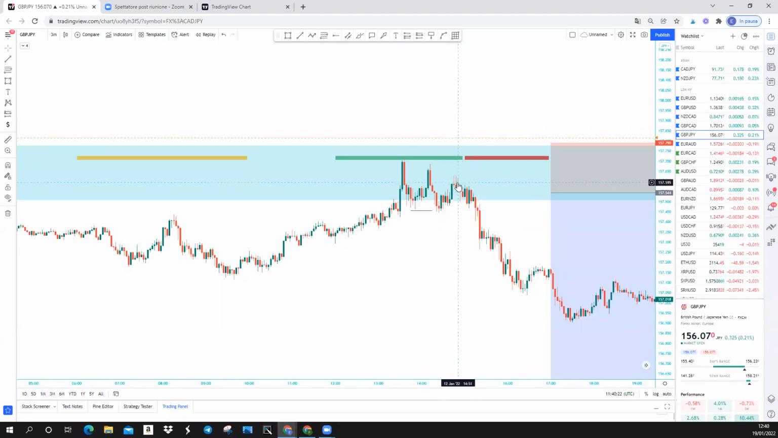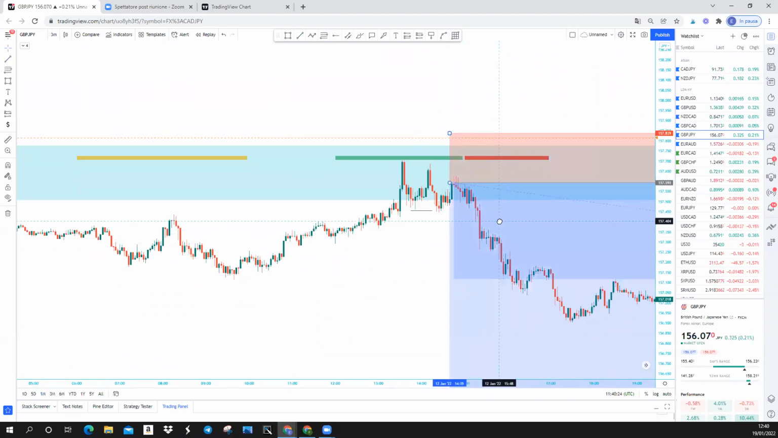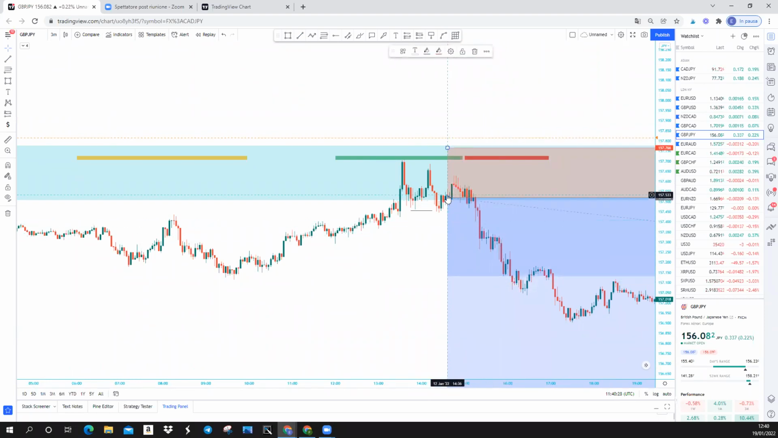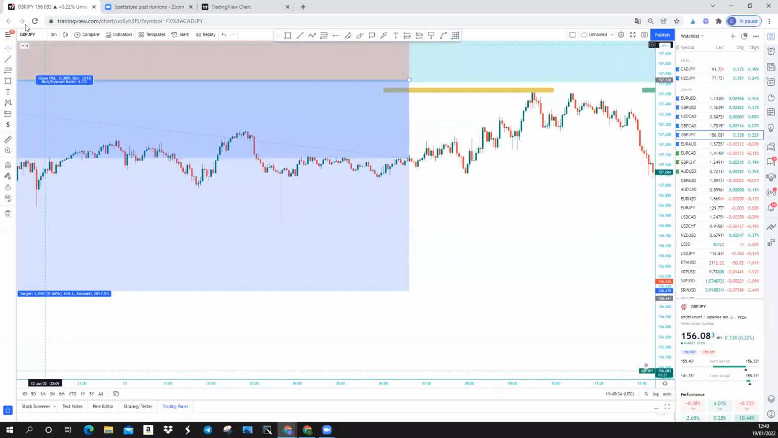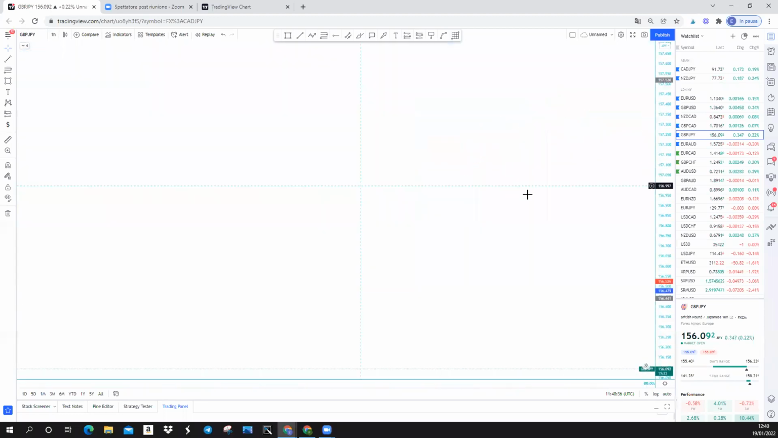And this is a possible entry already, of course. Well, if you are able to get it perfectly, good. I got it a little bit lower here. And that was my entry for GBP/JPY. Later during the week, we had another trade